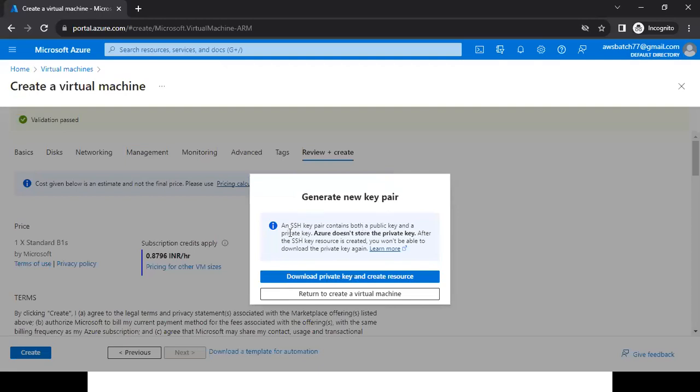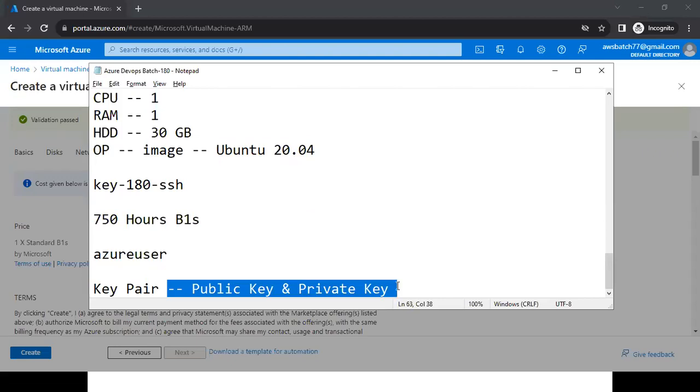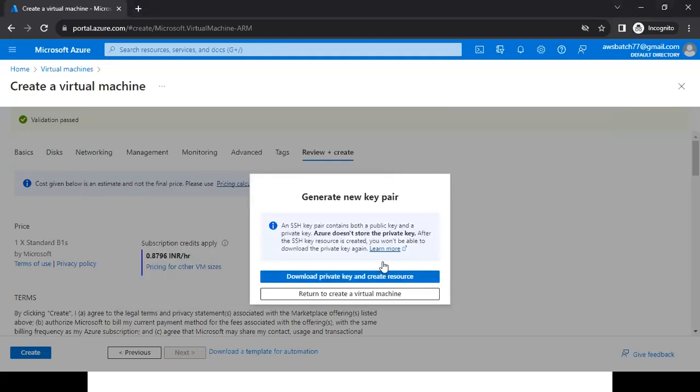Now here, I need to download that private key. I've already told you that particular key is the combination of two keys, public and private key. Public key is getting stored in Azure. Private key, we are going to download to our machine. That is why it is saying download private key and create resource. And if you read this one,